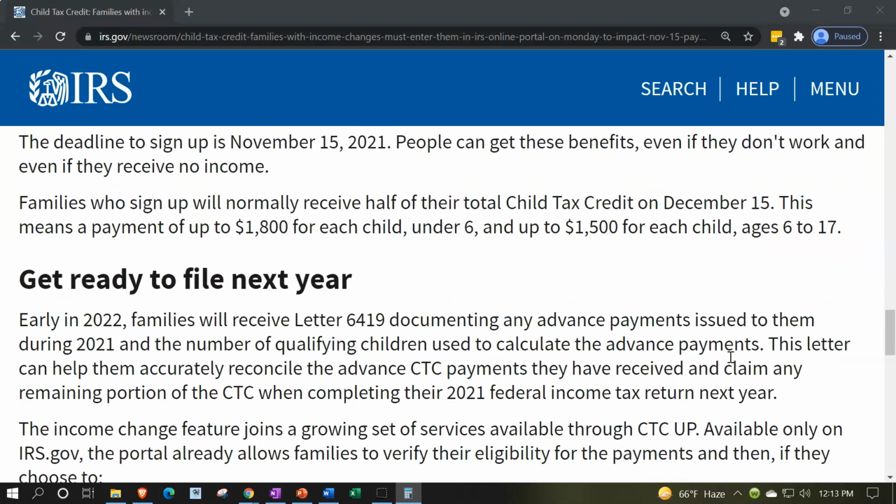The deadline to sign up is November 15, 2021. People can get these benefits even if they don't work and even if they receive no income. Families who sign up will normally receive half of their total child tax credit by December 15th. This means a payment up to $1,800 for each child under 6 and $1,500 for each child ages 6 through 17. So in other words, if you hadn't got the advance payments because the IRS doesn't know about your